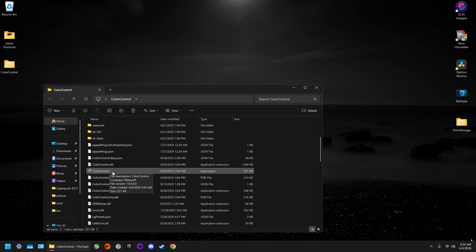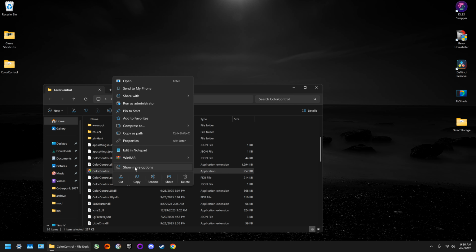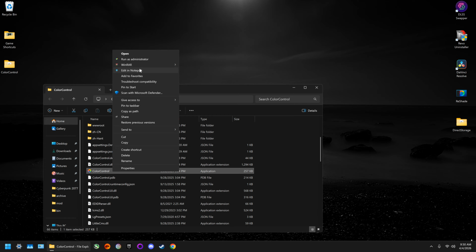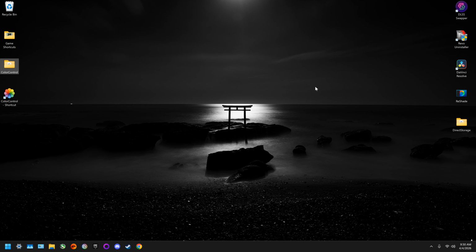application.exe right here. And you can pin it to your taskbar, pin it to your start. You can make a desktop shortcut just for convenience. But once we configure it, you shouldn't ever have to open it again, but you might need to. So create a desktop icon or whatever if you want. Anyways,